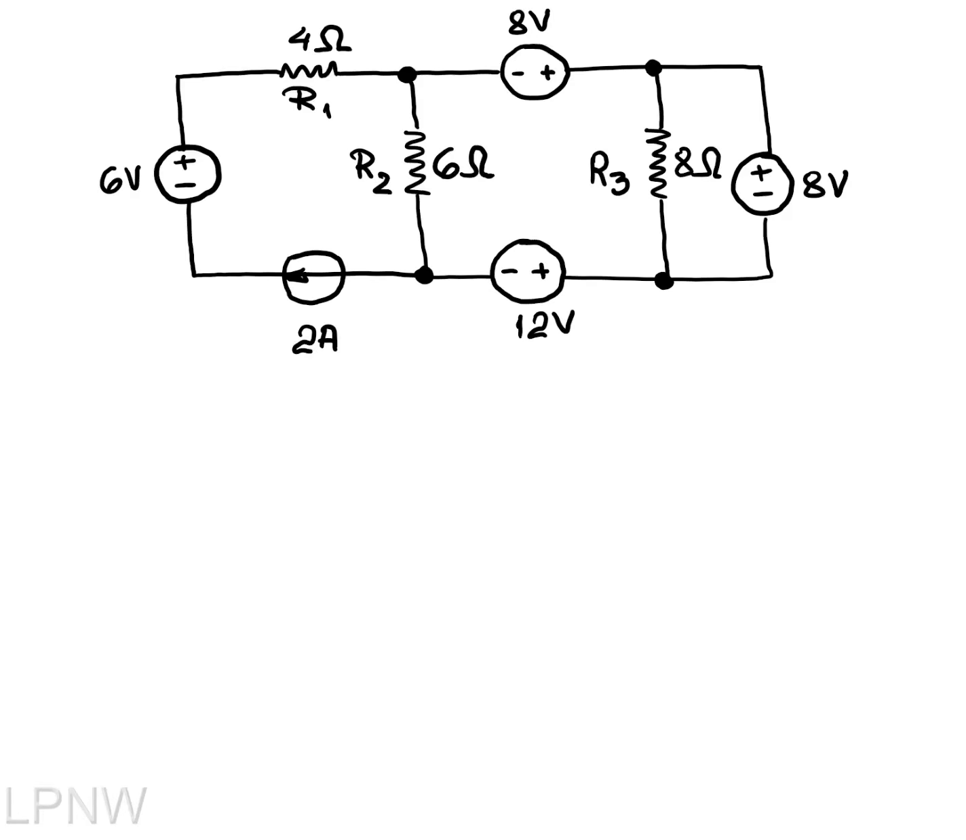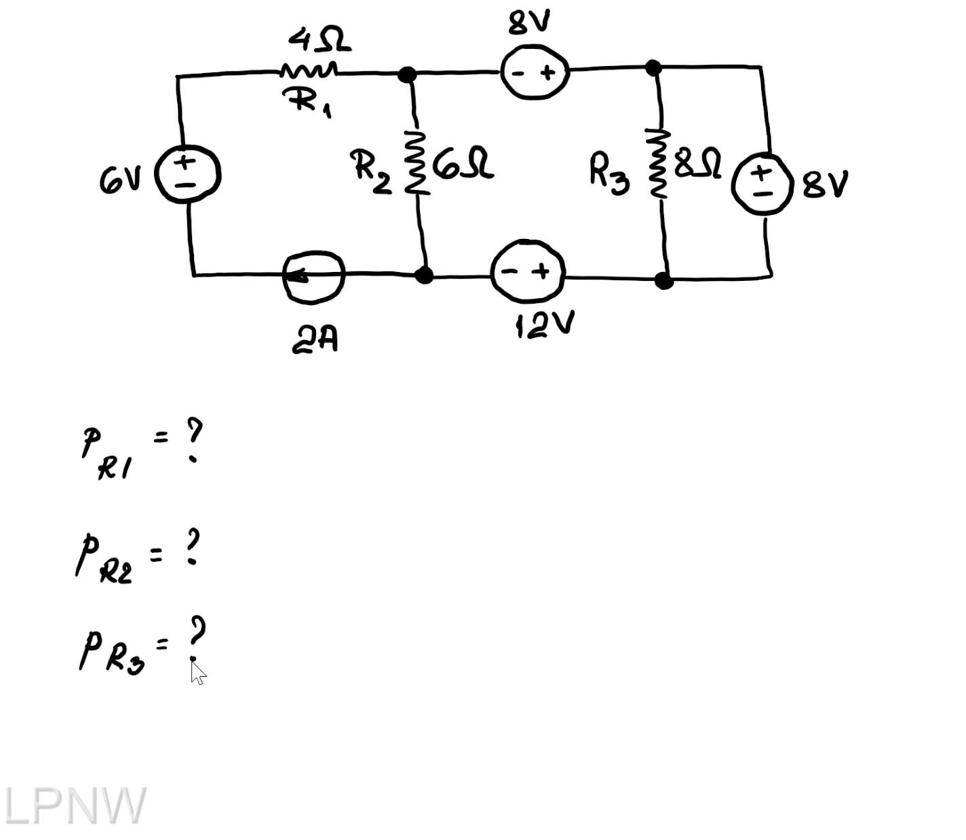In this question, we're asked to calculate the power absorbed by each of the resistors in the diagram above. So we have resistor R1 with a given value of 4 ohm, resistor R2 with a given value of 6 ohm, and resistor R3 with a given value of 8 ohm. We have to calculate the power absorbed by resistor R1, by resistor R2,